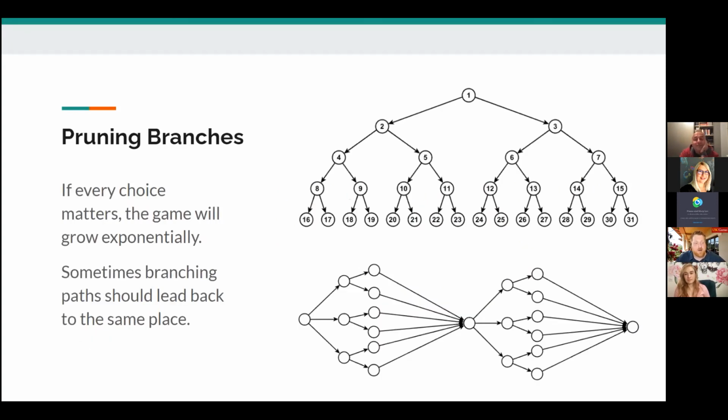In fact, that's a problem, right? If every choice creates a branch like this, then the content in the game grows exponentially. And that includes all of the embedded narrative, all of the pre-authored stuff that the designer has to come up with.